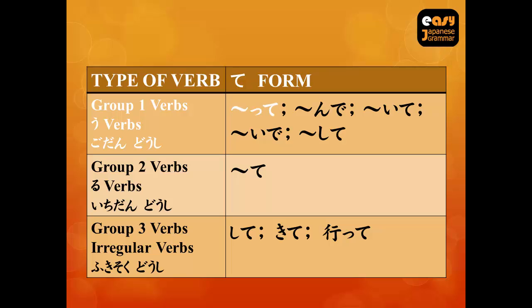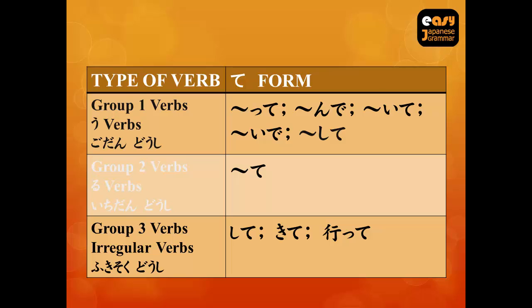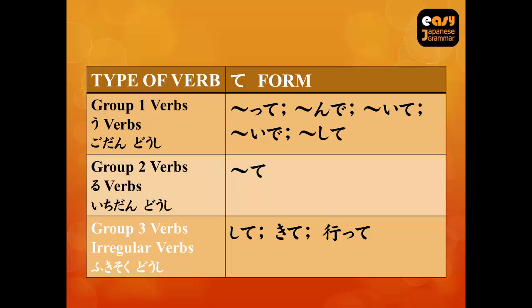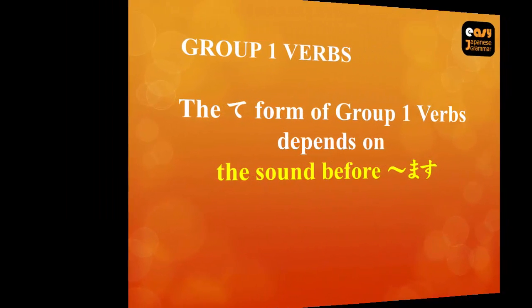て、んで、いて、いで、して、 Here in our group 2 verbs or root verbs or, 一段動詞、 you can see it's very straightforward. There's simply one ending here. て、 And for our group 3, our irregular verbs, the, 不規則動詞、 you can see the usual suspects, and we have one extra irregular verb in the te form. して、来て、行って。